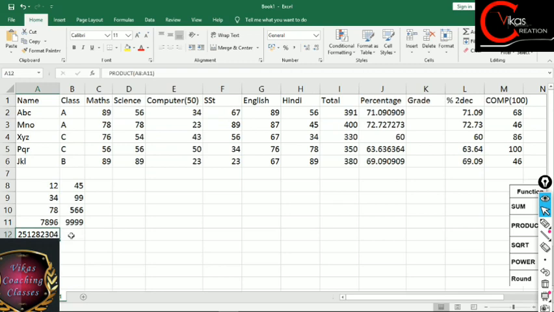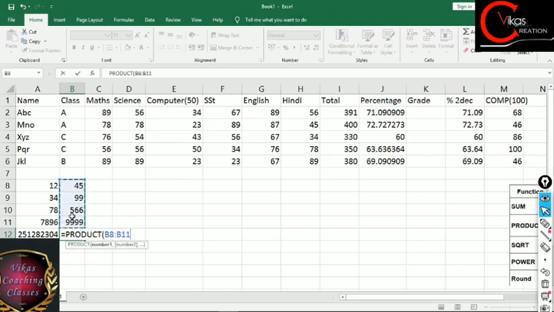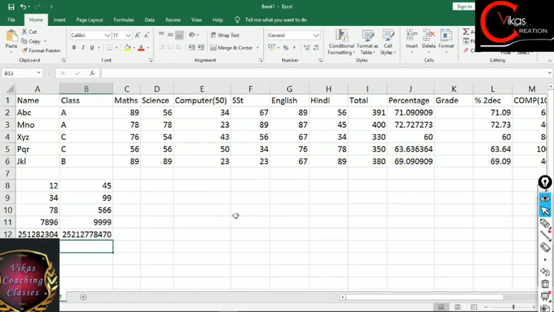But if it's the same task I have given you manually, then in that case you will take more time. Fine. Now let's suppose we have to apply the same thing over this side. So for that we can write equals to PRODUCT, then we have to select all our values. So this time I'm selecting all these values manually, press the enter key, and that's it. You can see we got that result in just a few seconds.